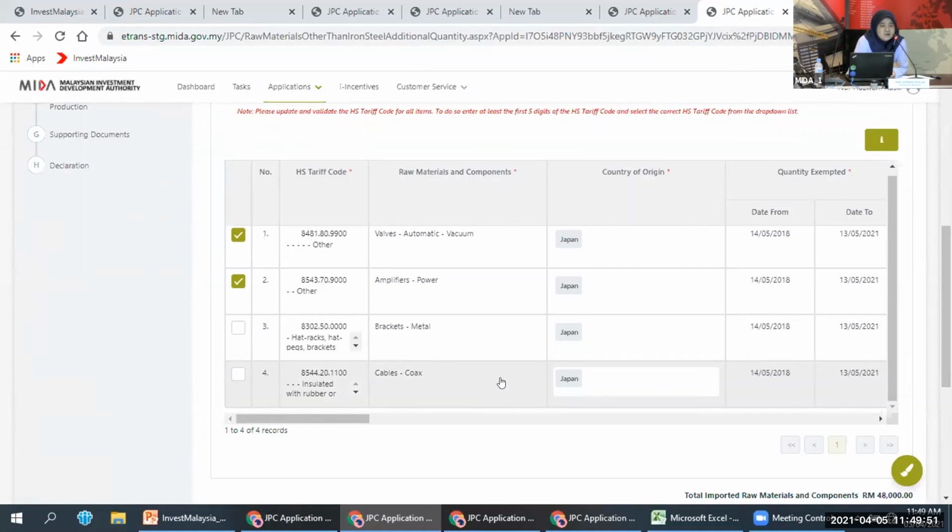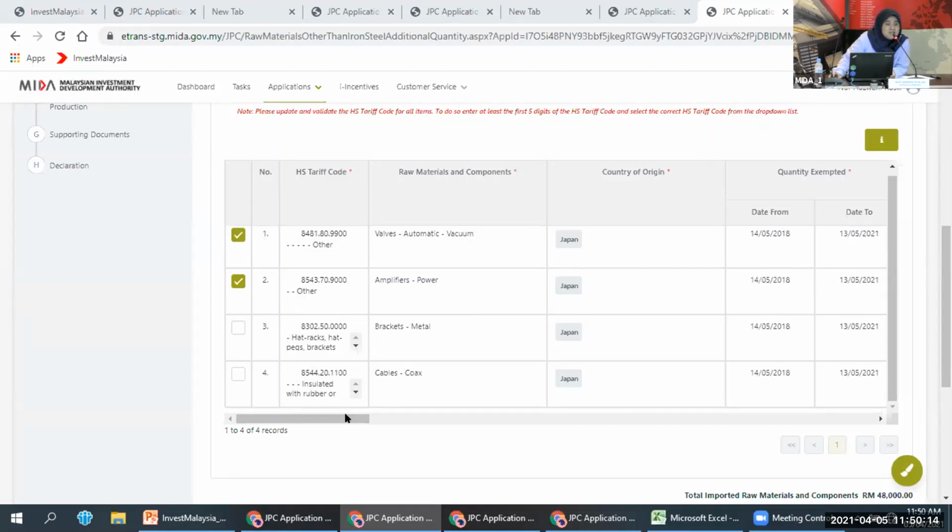So what you have to do here is select which items first. Once you have selected the items, then accordingly you update your HS code tariff validation and other information as well. You have to key in the additional quantity and all those required information.